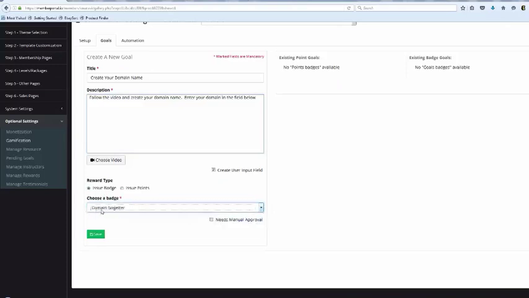Okay? So I'm going to select this badge here, and then let's say that Todd has a $15,000 coaching program that he sells. Todd, would it be in your best interest to actually take the time and make sure that they completed this goal properly if they've invested that much money with you? Yes. So we could go ahead and click this button right here that says needs manual approval, and then this goal will be under pending goals. And then he can review it, make sure they did this right, and then he can decide if it's time to give them this badge. Okay? But for right now, I'm going to go ahead and click save.